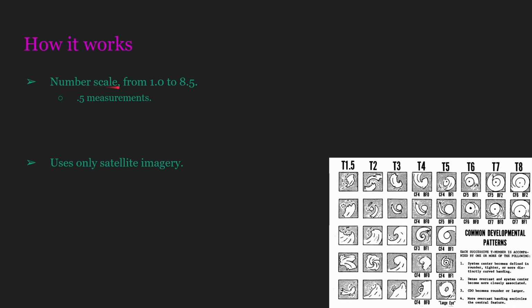First of all is that it is a number scale. This might sound weird for tropical systems. It goes from 1.0 all the way to 8.5, although I've seen also 8.0 being the maximum as well. It goes up and down by 0.5 measurements here, and originally it connected cloud patterns